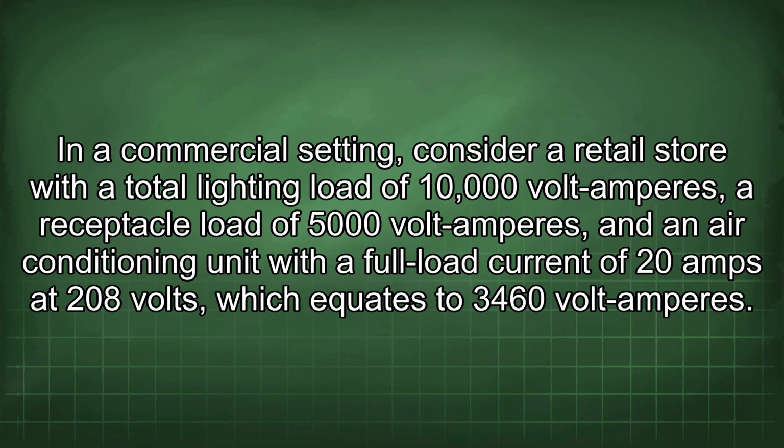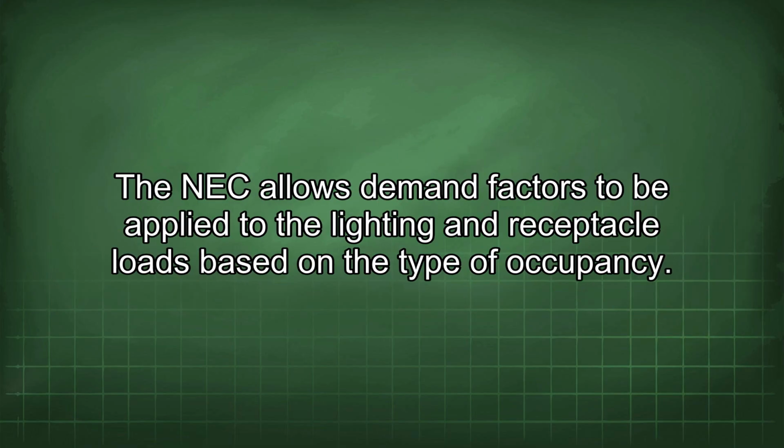In a commercial setting, consider a retail store with a total lighting load of 10,000 volt amperes, a receptacle load of 5,000 volt amperes, and an air conditioning unit with a full load current of 20 amps at 208 volts, which equates to 3,460 volt amperes. The NEC allows demand factors to be applied to the lighting and receptacle loads based on the